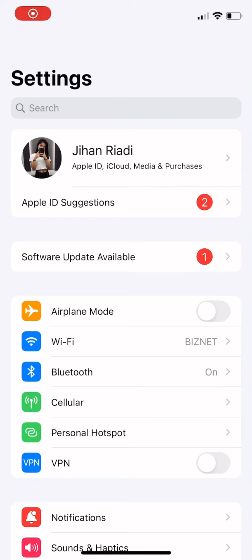Hi guys, welcome back. Today I'm going to show you some tips and tricks to save your battery life on